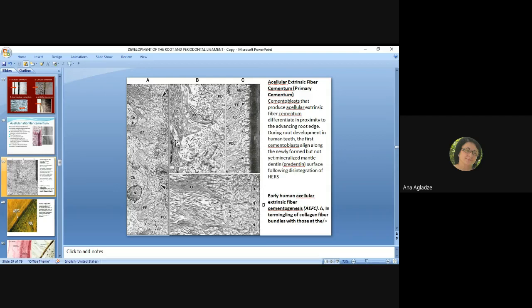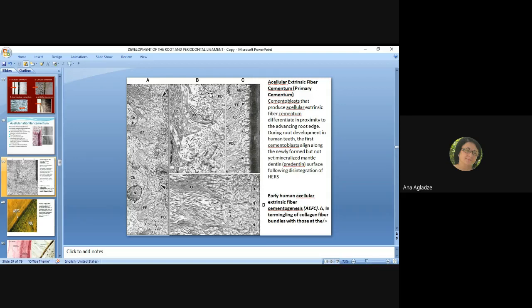And the fibers from the periodontal ligament propagate into the freshly made cementum and into the bone, and it attaches this cementum or tooth to the alveolar bone. And this acellular extrinsic fiber cementum originates pre- and post-eruption,